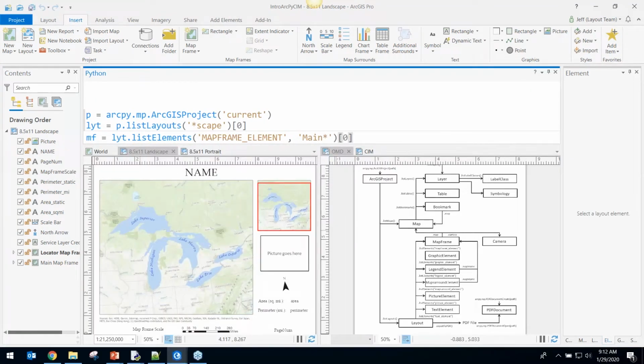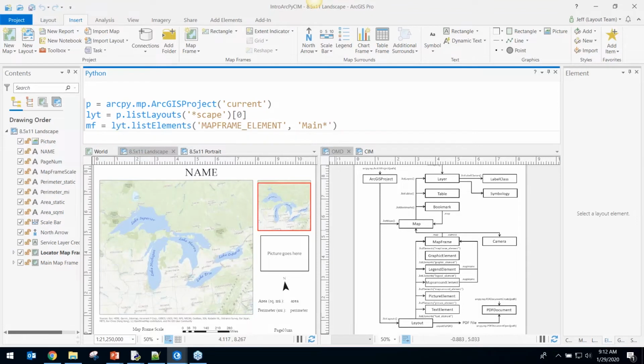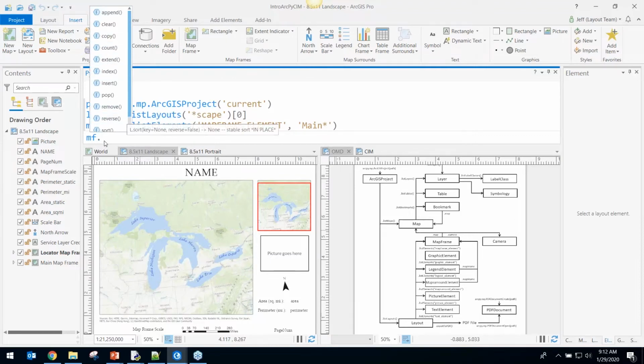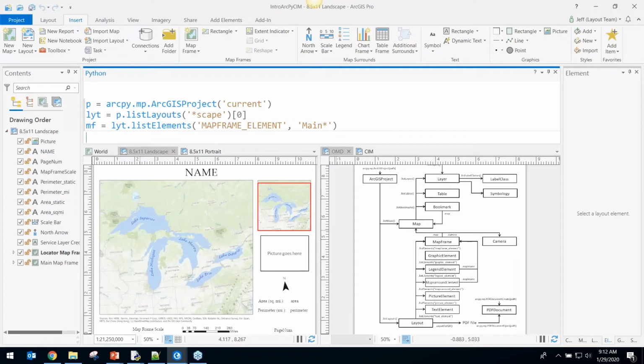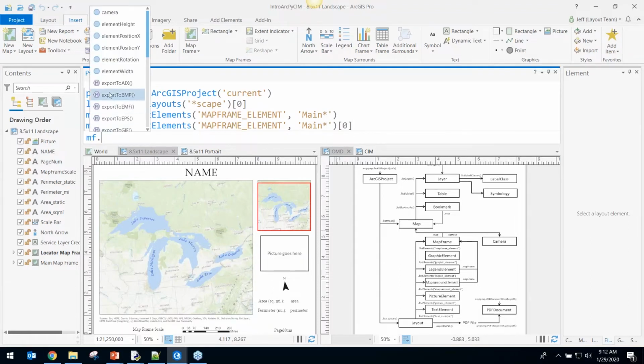And I'll use my bracket. Actually, this time I'm not going to use my bracketed 0. I'm going to make that common mistake. I'll hit enter, and I'll type mf dot, and I'm not seeing the members that I would expect to see in a map frame. That's because what I have right now is a list object. I don't want a list object. I want a map frame object. So I'm going to up arrow, add my bracketed zeros, hit enter again, type mf dot, and sure enough,